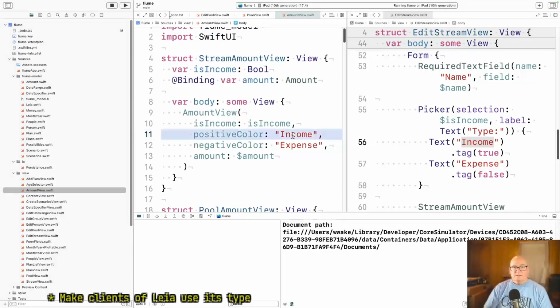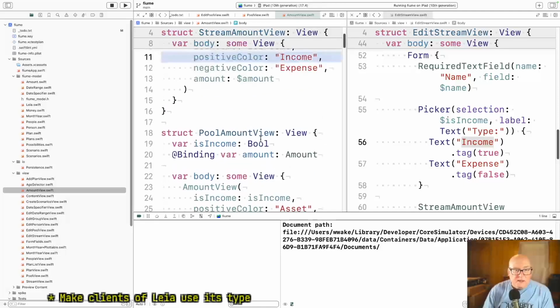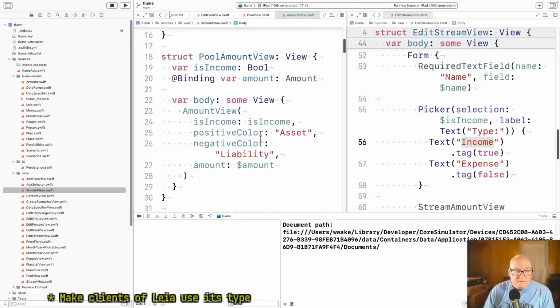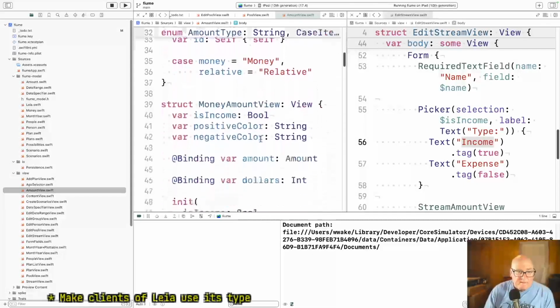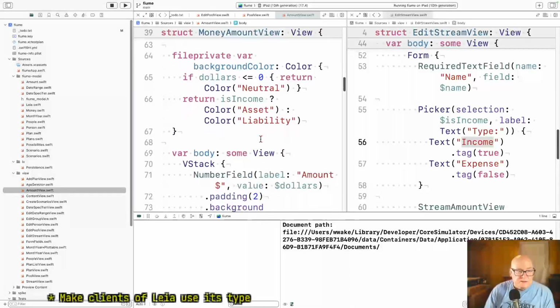It really is this color thing. I don't even know if we need that at this point. Well, we do kind of, right? We need to know